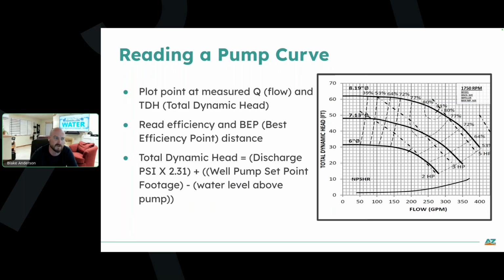And so when you get those numbers together, you want to be looking at those efficiency bars with the percentages. You see right around the 250 gallon mark against 50 feet of total dynamic head, if you see where those two lines intersect, you start hitting that 80% to 81% efficiency range. Nothing is purely efficient. You're never going to have 100% efficiency. There's always going to be loss to heat or things along those lines. But you want to stay in those ranges, because if you start getting out of those specs with the wrong size of pump, you're going to end up losing way more electricity than you need to.